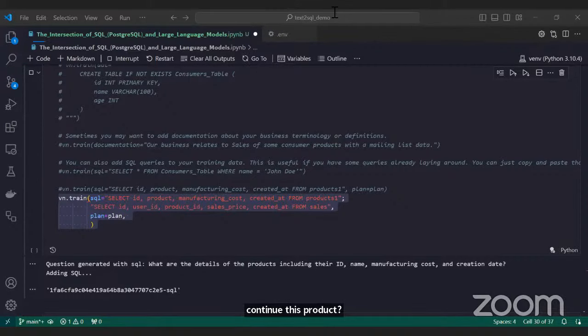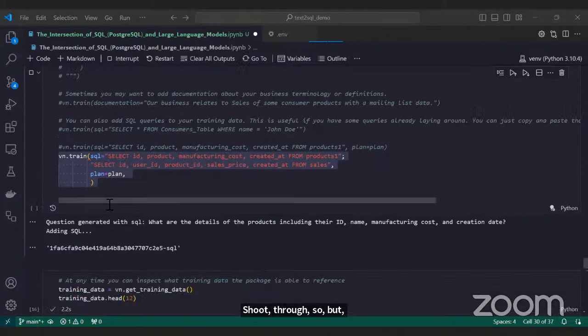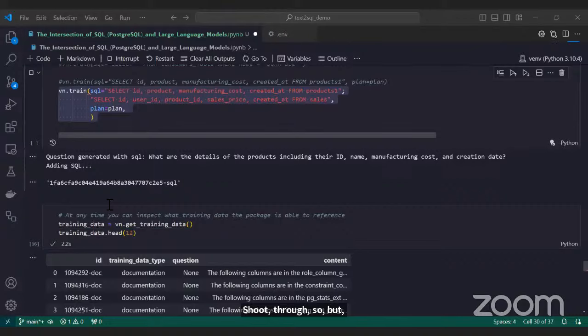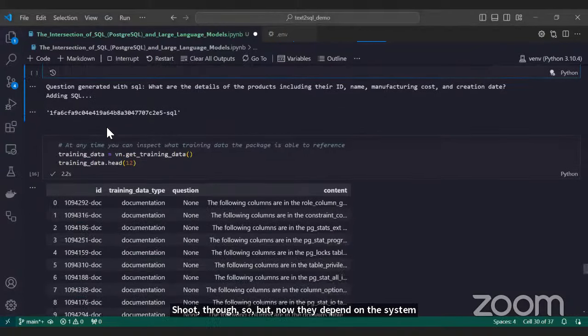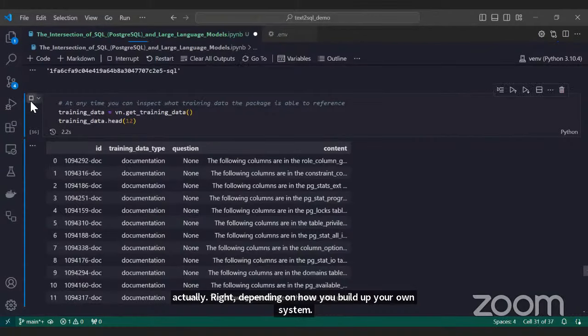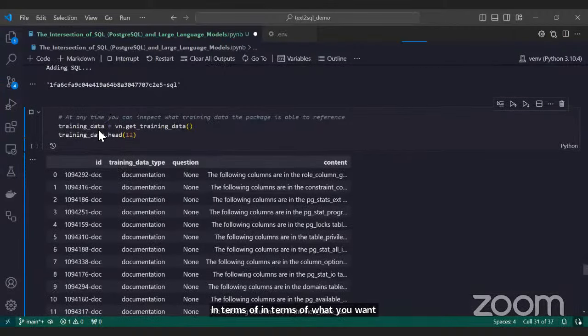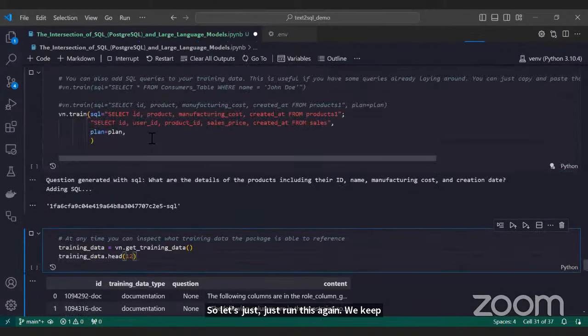But that would depend on the system, depending on how you build your own system and what you want. So let's just run this again, and we keep iterating until we get what we want, right?